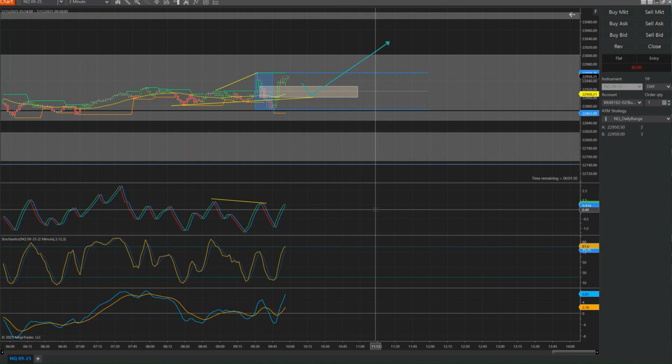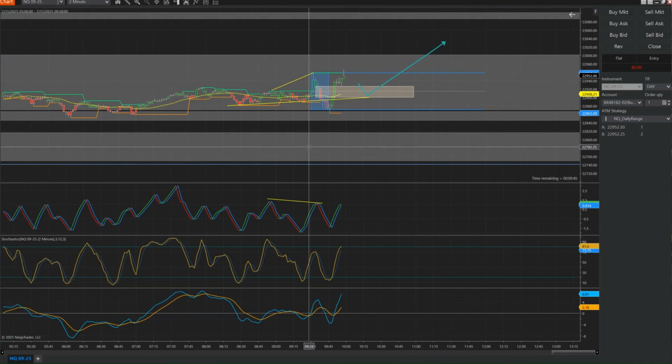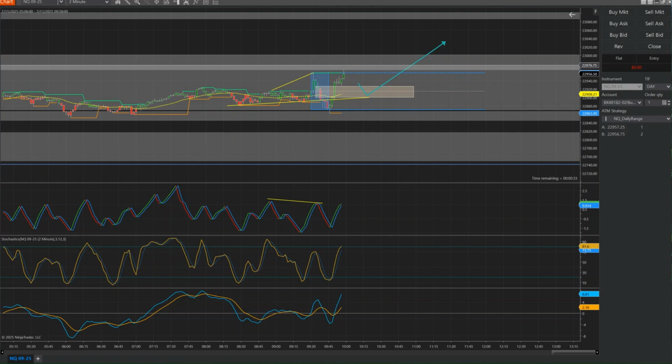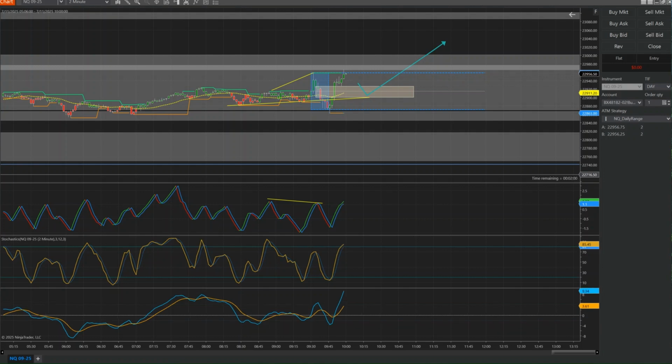So I was just getting ready to jump in this open whenever it happens. Keep in mind, guys, at this time I'm also looking at the open range break on the 1 minute as well, right? On the 2 minute, you get stronger breaks. Like this wick that you see here would have been a close on the 1 minute, but I like to go in on the 2 minute just because you have a better chance of not getting wicked out on the 2 minute. So right there I got in